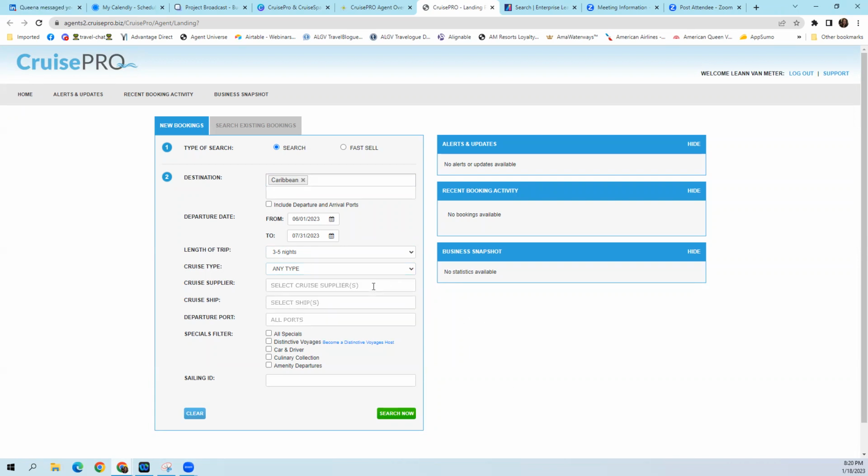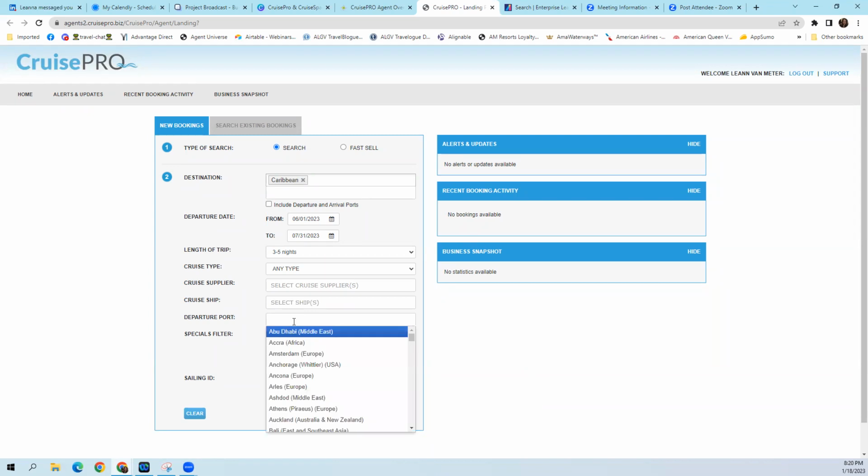If you know what line they want to go with, what cruise line, you can select it in here or you can leave it blank. If they also gave you the ship in particular that they like, you can put it in here and you can just go directly to that ship. And departure ports. So typically people will know what port is closest to them that they want to leave from. In Florida, it gets a little tricky because they're all pretty close together. Sometimes you're searching 3 or 4 ports in Florida. So let's go with